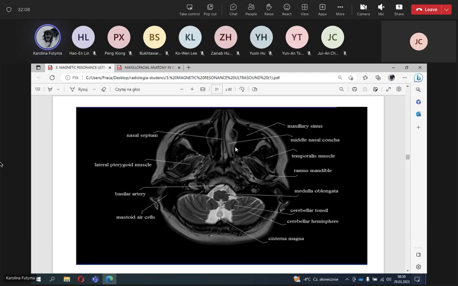The middle nasal concha on the left side of the patient. This is the area of our muscles, so temporalis muscles, left side, right side. Here we have the lateral pterygoid muscle. Here we have the ramus of the mandible or the condyle. Here we have, of course, the external